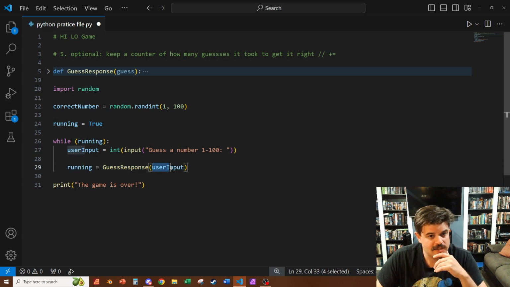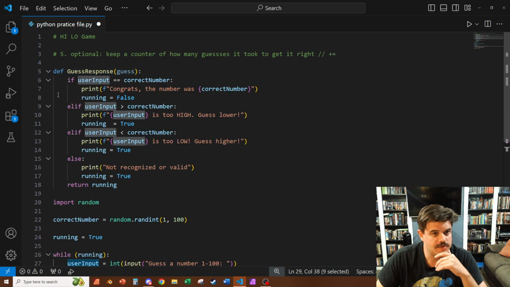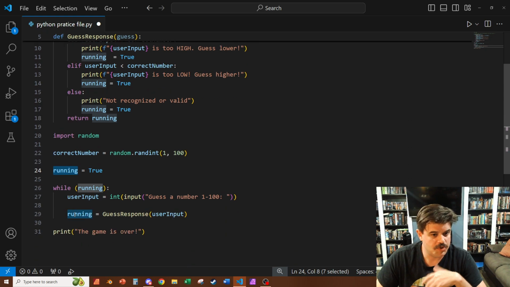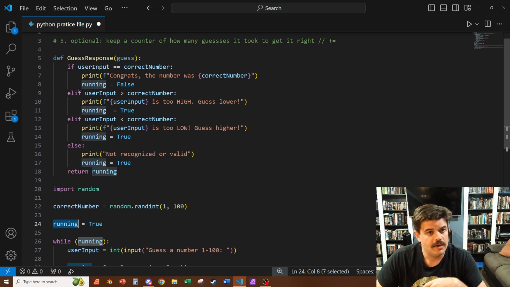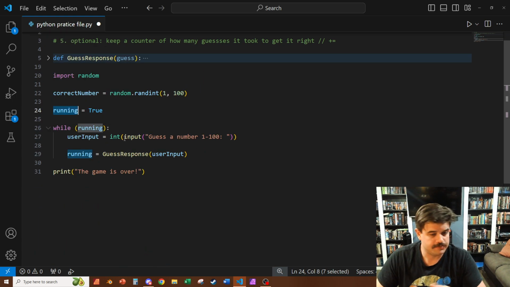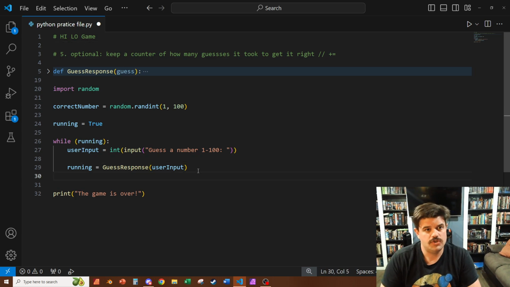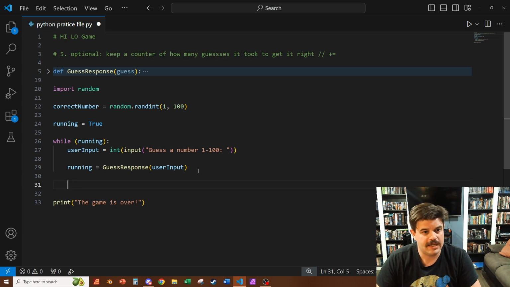And I'm passing the user input. And if the user input is exactly equal, it'll set this running variable to false, which will kill the while loop like a break statement. Otherwise, everything returns true, but it does give the player feedback, which is neat. The last optional thing I had to do here was to keep a count of how many guesses it took to get it right. So we will do